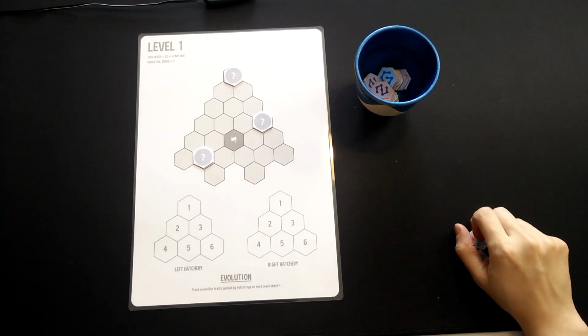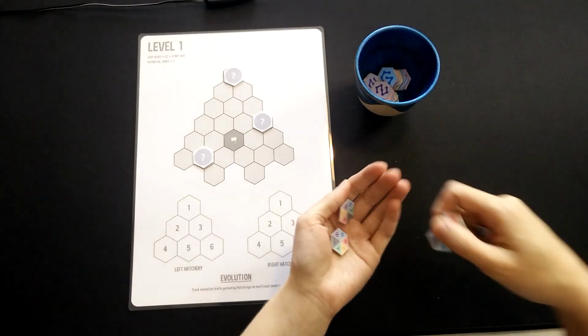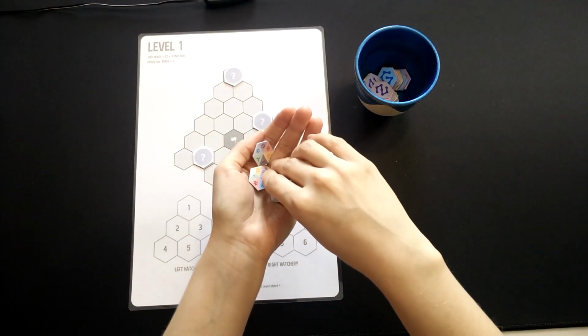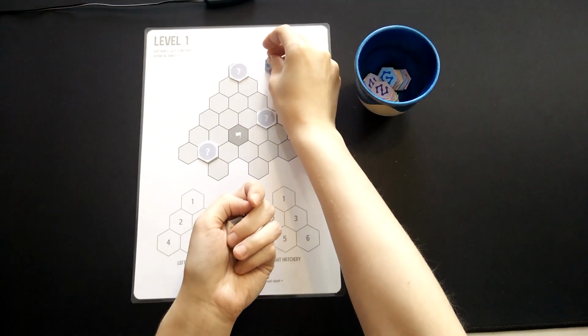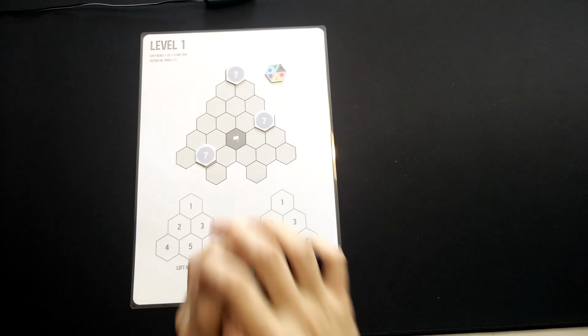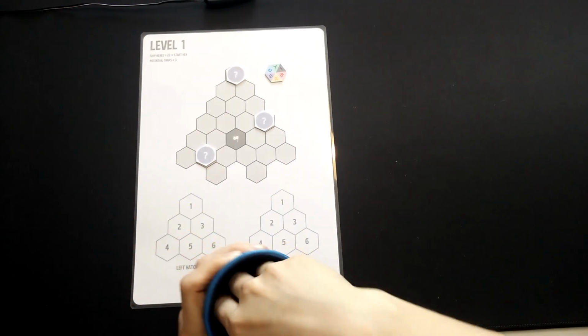And then what we do is we take one of the hybrids, just a random one, and we set it aside. We put the rest of the hybrids in the cup, shake them up a little bit,